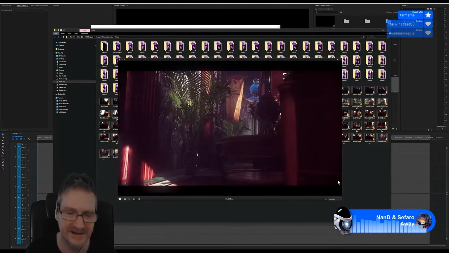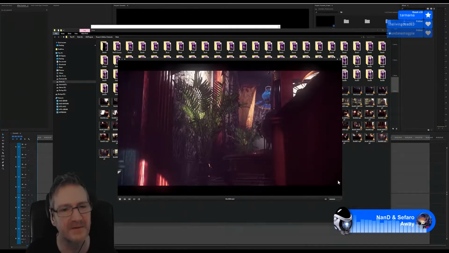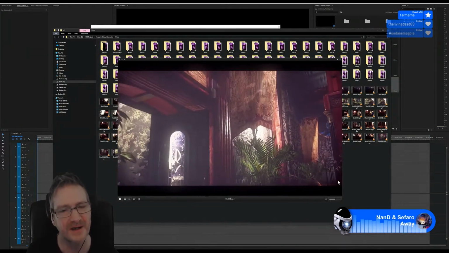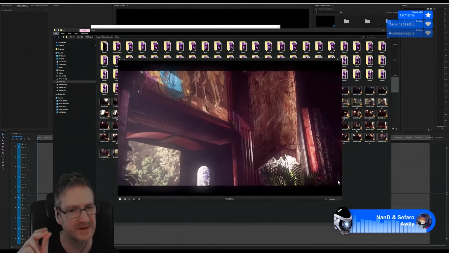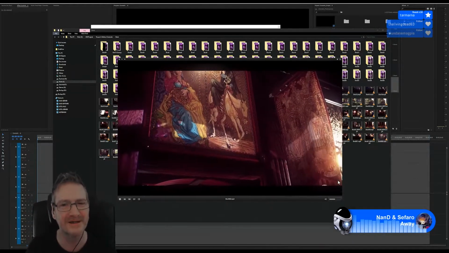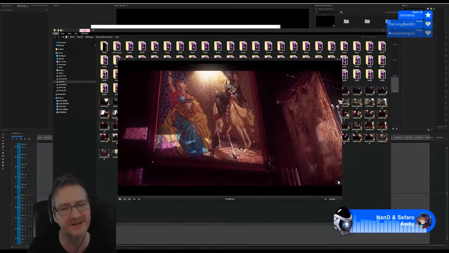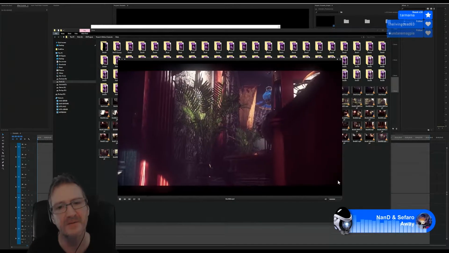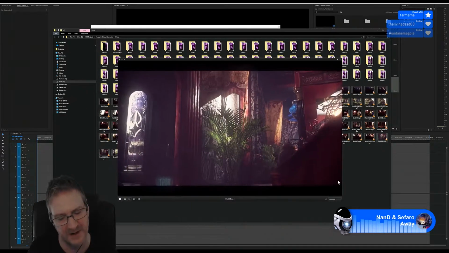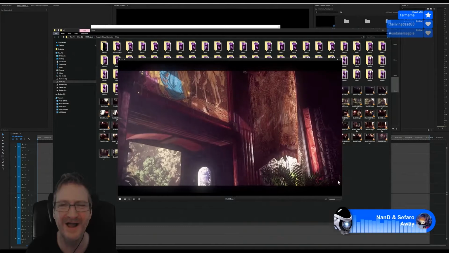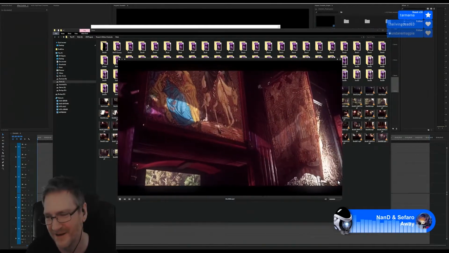So, I love it because I work at the studio and I've got so much to do. If I can get my stuff UV mapped like that with one click, then that's the way I want to go, because I don't have time to sit there and unwrap everything by hand. I just don't have the time, most times anyway, and I don't want to. I hate unwrapping. I hate UV mapping.